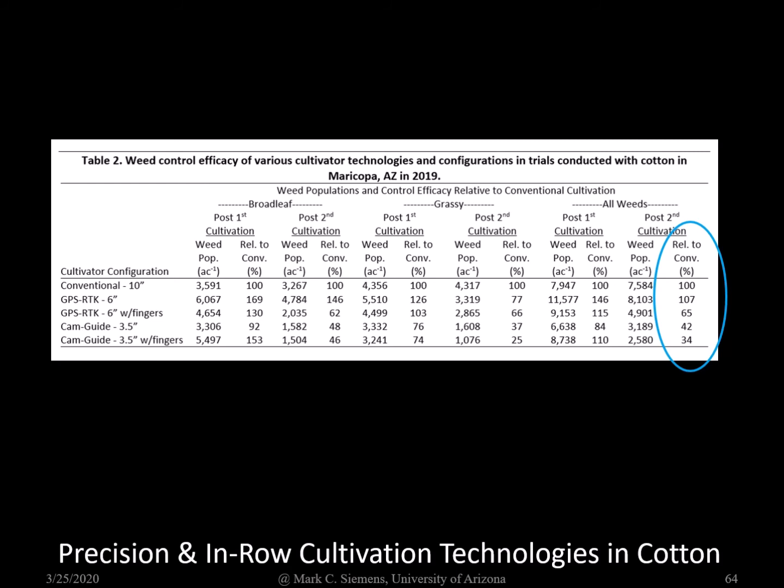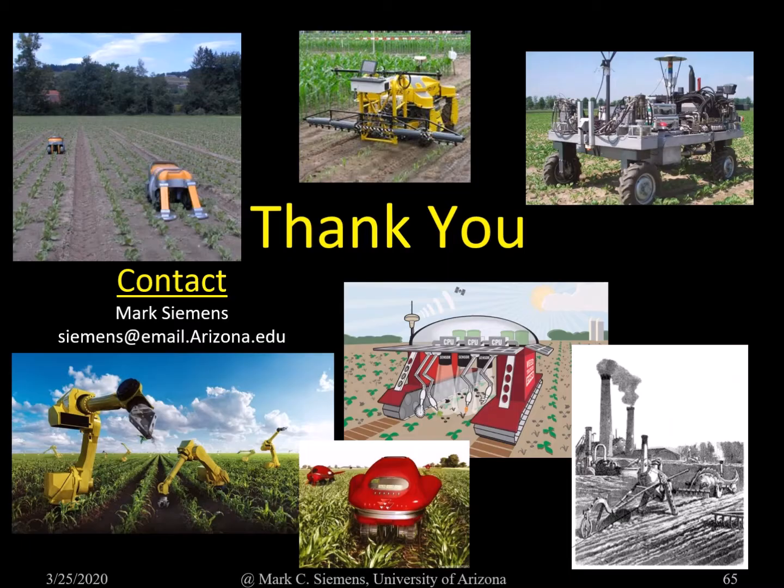The camera guidance system with the narrower uncultivated band improved weed control further, only 42% as many weeds as compared to standard cultivation. Use of the in-row finger weeding tools also improved performance. So ultimately, you only had about a third as many weeds on the bed top as you would with standard cultivation. What I forgot to mention on the previous slide was that growers are starting to utilize